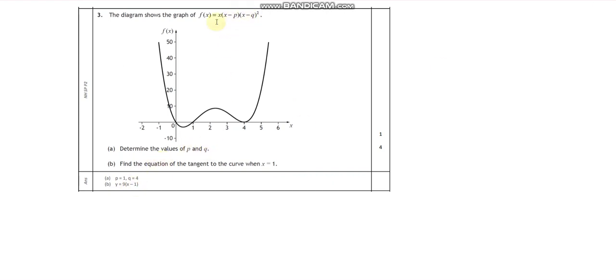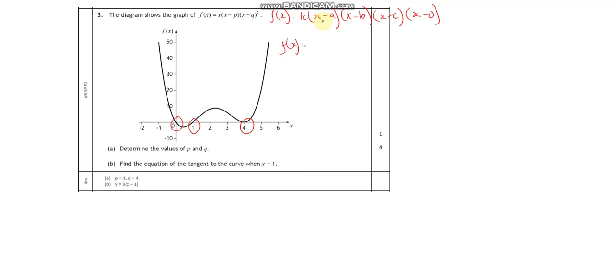Determine the values of P and Q. So this is very much looking at your roots. Remember the general form of a function. So you're looking for the roots, and the roots are going to form those letters. So if I was to look at a generic form, now this has got f of x. This looks like a quartic. So we're going to have 4 roots. So that'd be like k, x take away a, x take away b, x take away c, x take away d, your 4 roots. Now this one's 0, so that means your x just becomes,